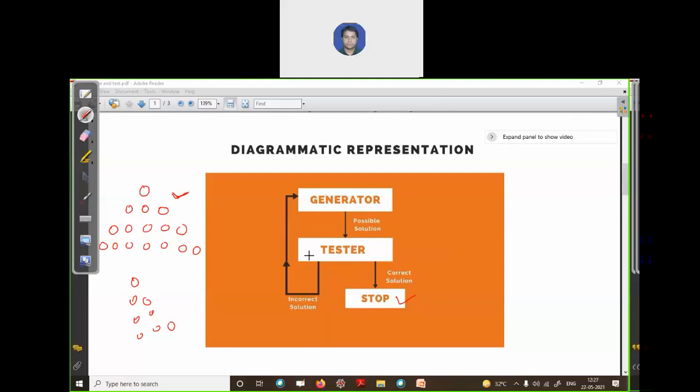In real life we do this. When we have a problem, we find one solution. If it works, we accept it. Otherwise, we try some other solution. We write some other code, or we find some other way to solve this problem. We will work on that problem until we reach our goal.